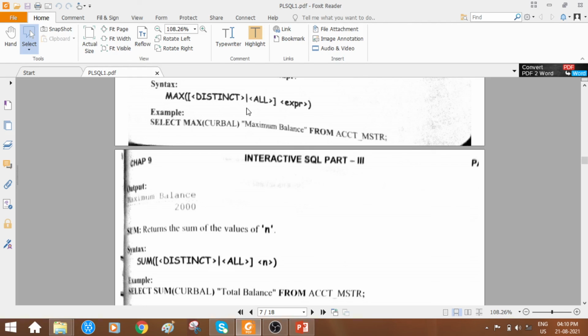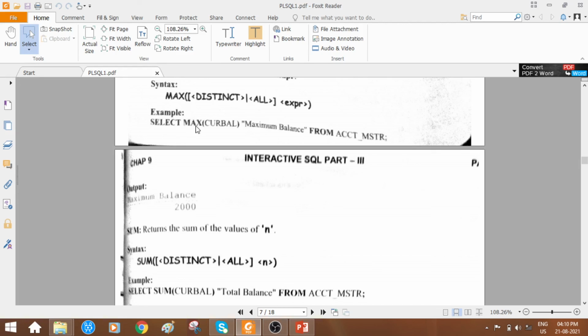Max, this is optional. Within the square brackets, we found the same pattern in the above syntax also, right? Whatever you are finding within the square brackets is optional. Which one is compulsory? expr.